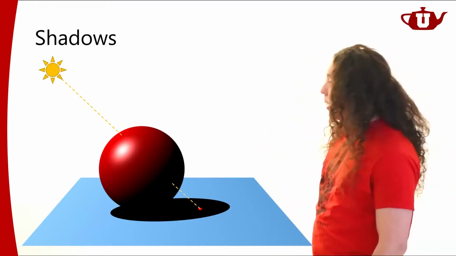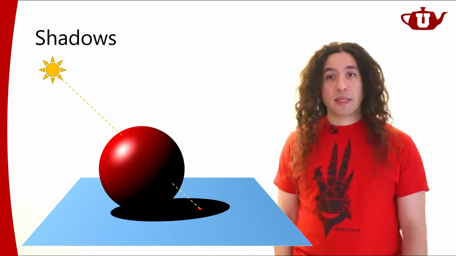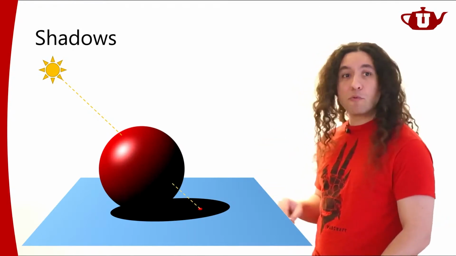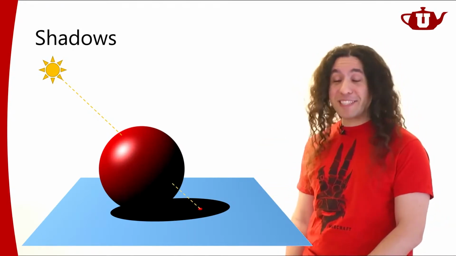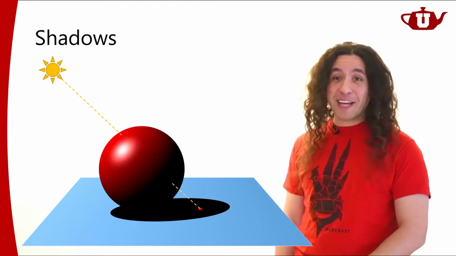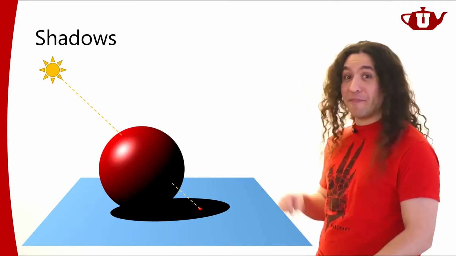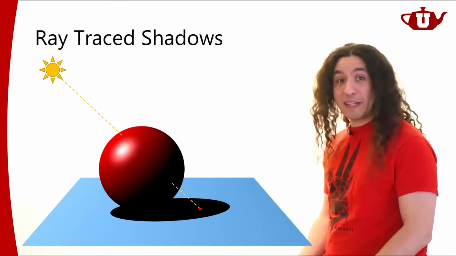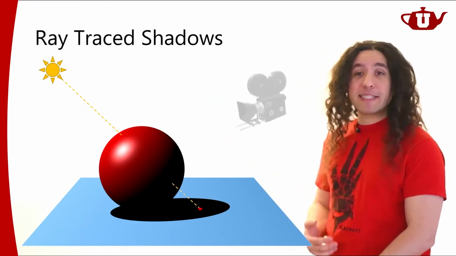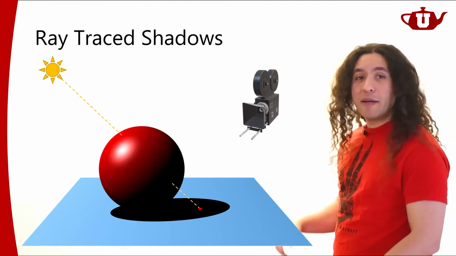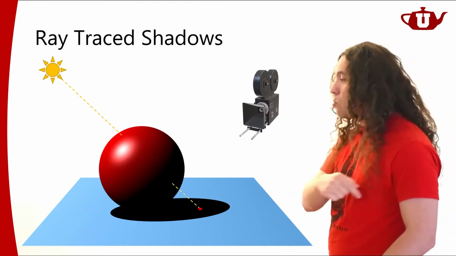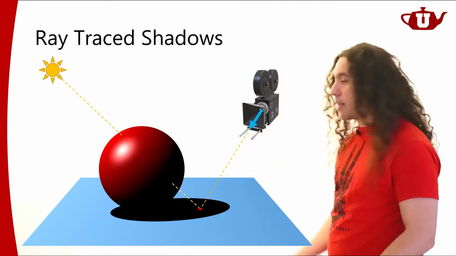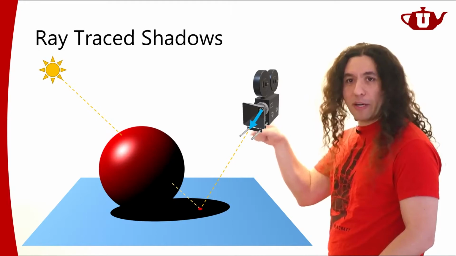Now, the easiest way of computing this, and probably the most versatile way, would be using ray tracing. Yeah, ray tracing is a pretty good solution for a lot of rendering related problems, and shadows definitely included. So how can we do ray trace shadows? Fairly easy. Let's say we're rendering with ray tracing. This is my camera. For rendering, I'm just sending a ray through a pixel, and that ray went and hit this point that I'm interested in.